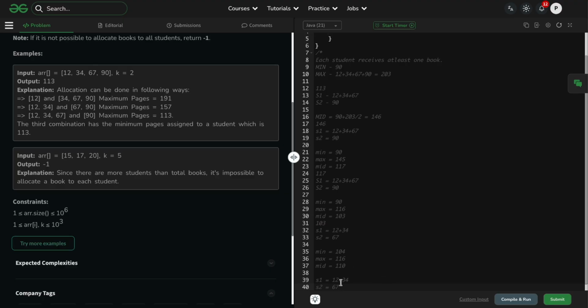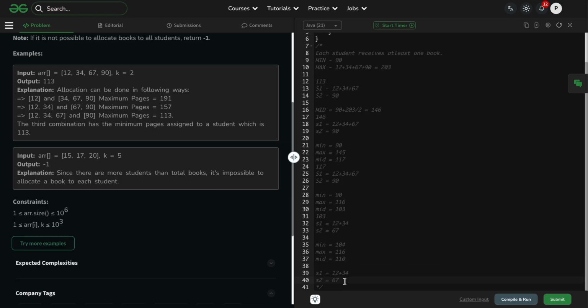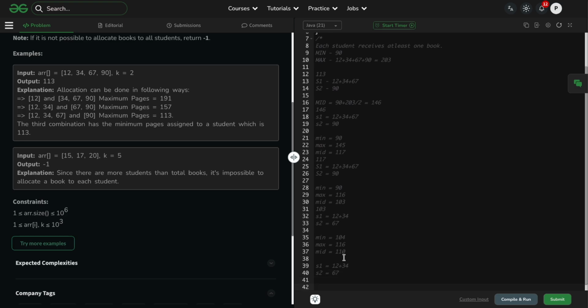And now for student 2 we will be giving 67, and if we try to give 90 also, it will be greater than 110, and we won't be able to split it between two students. So again we meet the condition where we should increase our low value since we are not able to distribute with 110 pages. So we should increase the number to a valid number where we can distribute between